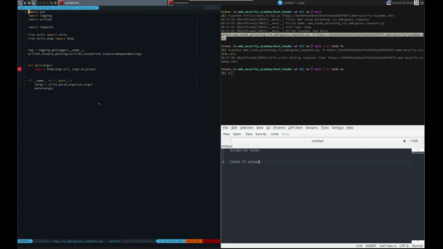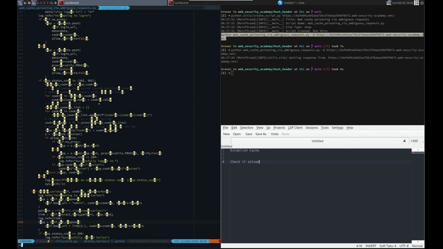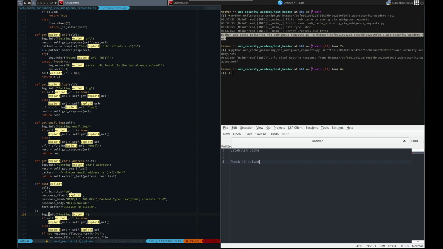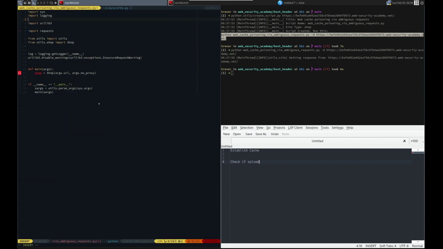Let's set up our exploit first. So that's going to be in site exploit, get exploit, get email log, get post exploit. This is what we want. Okay, let's do